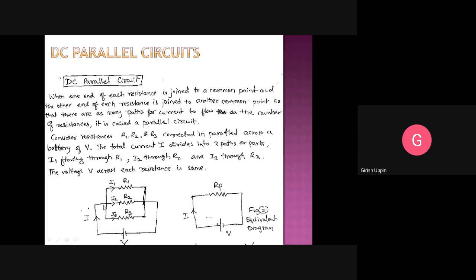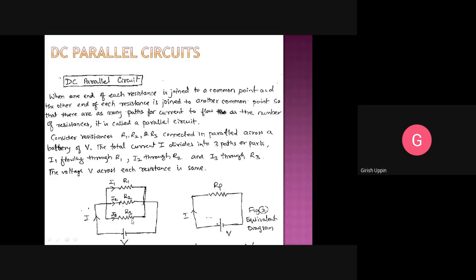Suppose out of that 10 amperes, 5 amperes will flow here, and this one, R2, offers less resistance than R3, so maybe 3 amperes will go here, and the remaining 2 amperes will flow through R3. So they will get divided in such a way that when it comes to this node, all will add together to the same value of the current, that is 10 amperes. So 10 amperes will go into this parallel path, and 10 amperes will come out. That 10 amperes will get divided into these parts,